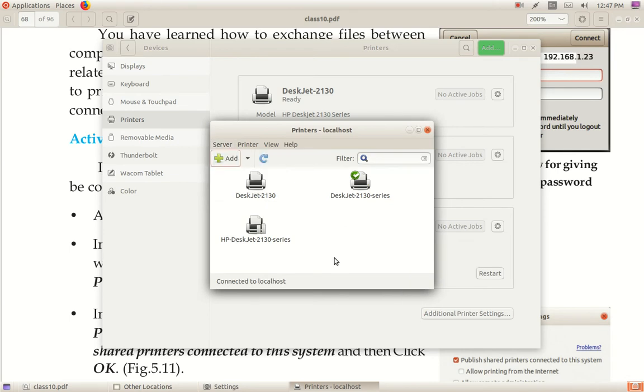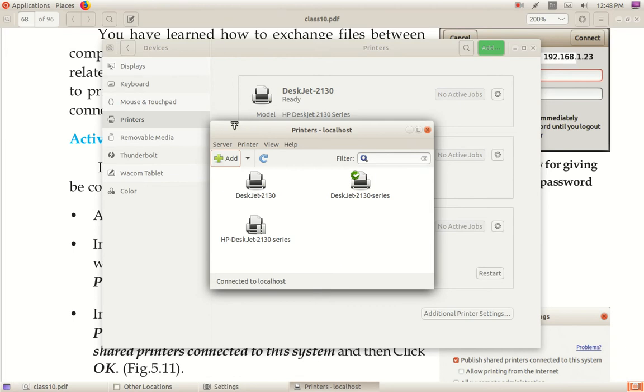Server means the main computer. When the computers are networked, one computer will be the main computer, that is called the server. All other computers will be known as clients. The printer, the scanner, all will be connected to the server.